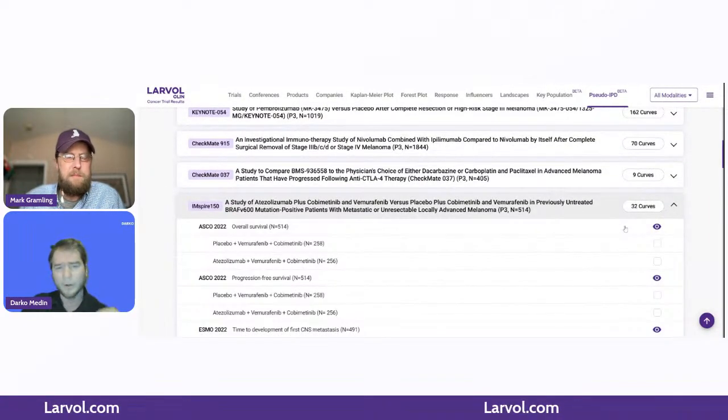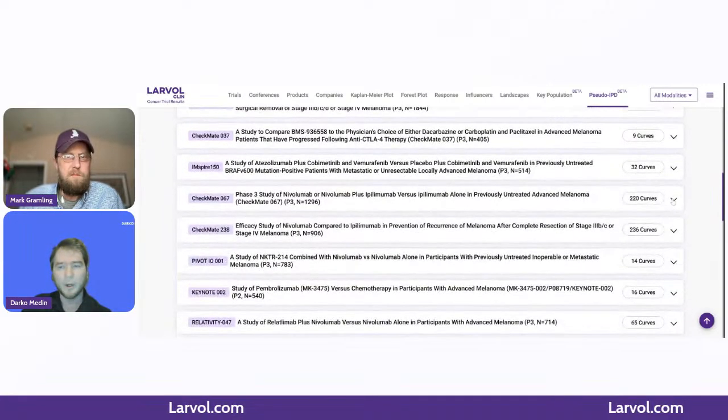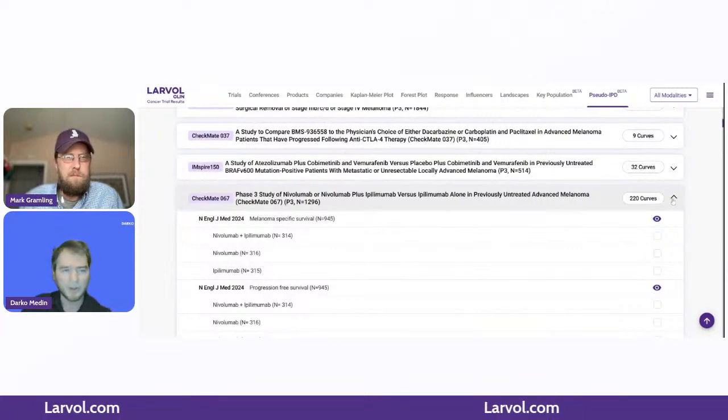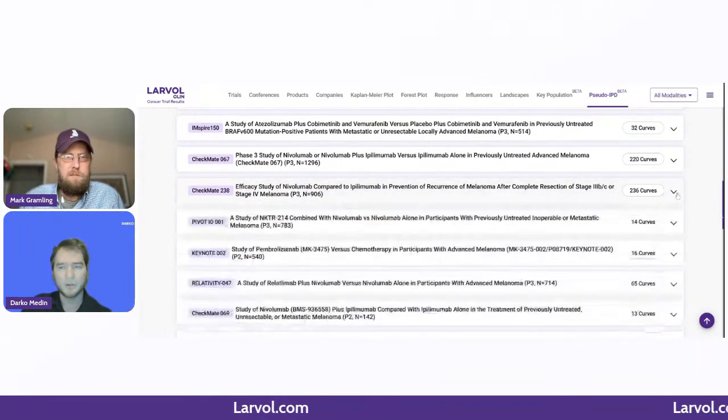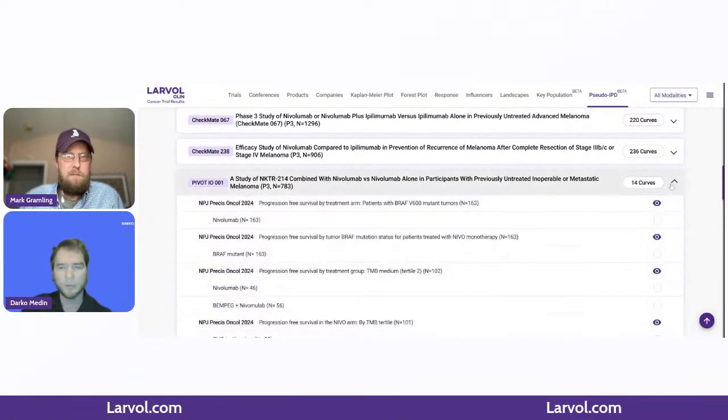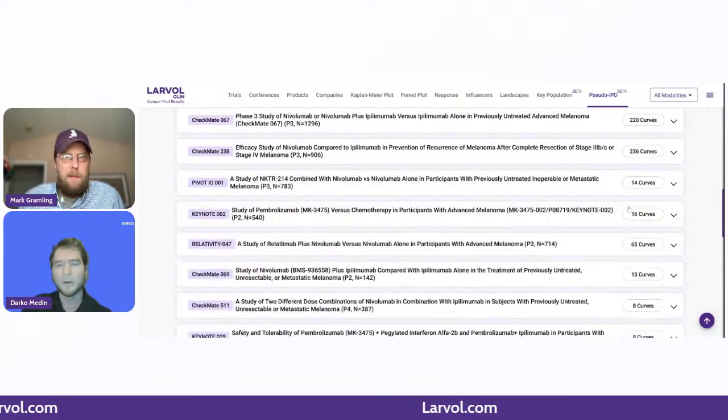So I can select multiple trials for a specific mechanism of action, for a specific type of disease, such as melanoma in this case, and I can then combine all those results into one combined survival curve, and that's what we will be demonstrating right now.